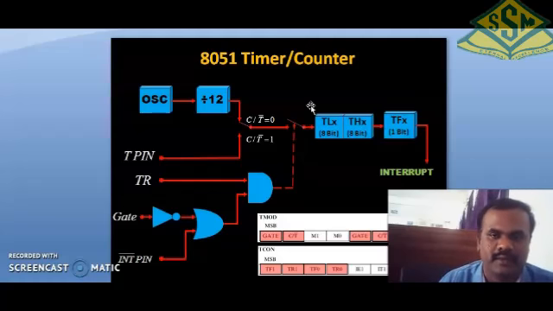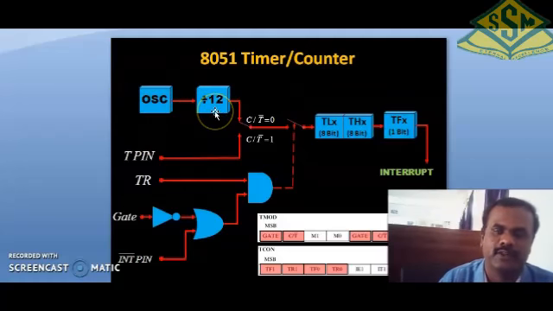The first one, the 8051. We are using the 8051's crystal oscillator, okay, to generate the frequency. The frequency is called square pulses. It moves the data from one place to another place. It will move easily, so we are using that oscillator. Okay, the oscillator is divided by 12. We are using the 8051 at 12 megahertz, so it is divided by 12.